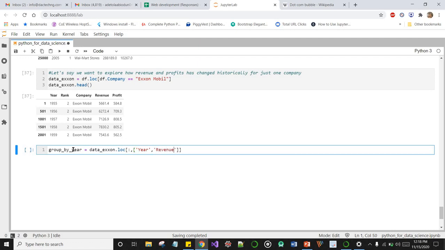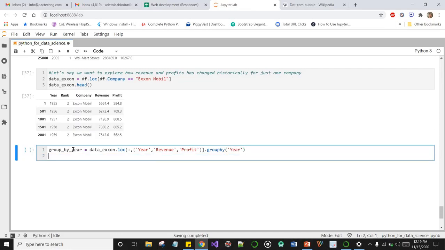So for revenue, as you would guess, we'll pick the profit column and group by the year, my bad, group by the year.